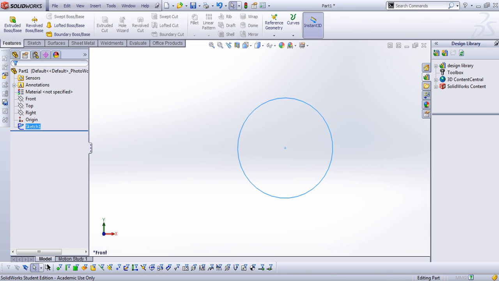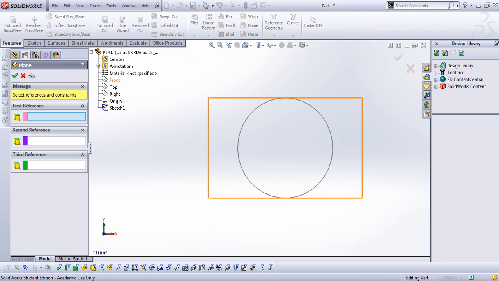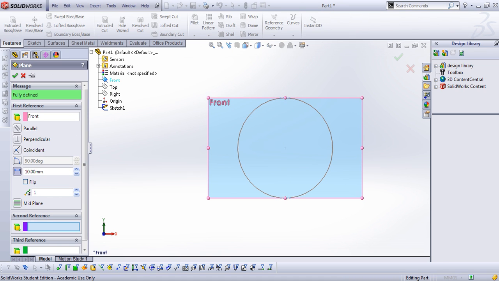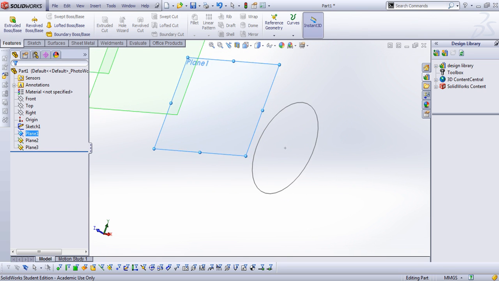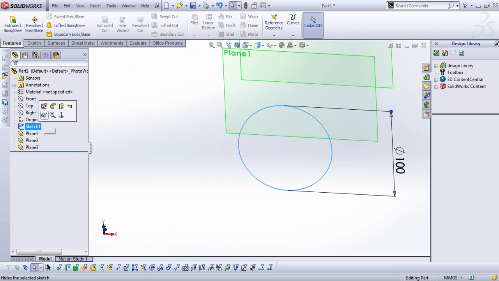One of the most fascinating features in SolidWorks is how easily you can create planes versus other software like Inventor. It's much more complex. So we go here, front plane, and I want to make the distance of 100. And I'm going to make actually 3 planes. Okay, these are the 3 planes here. So I go back to my initial plane